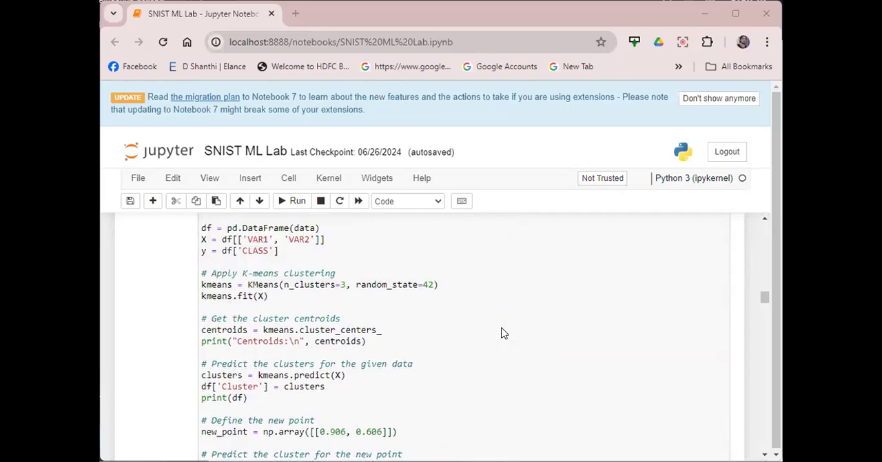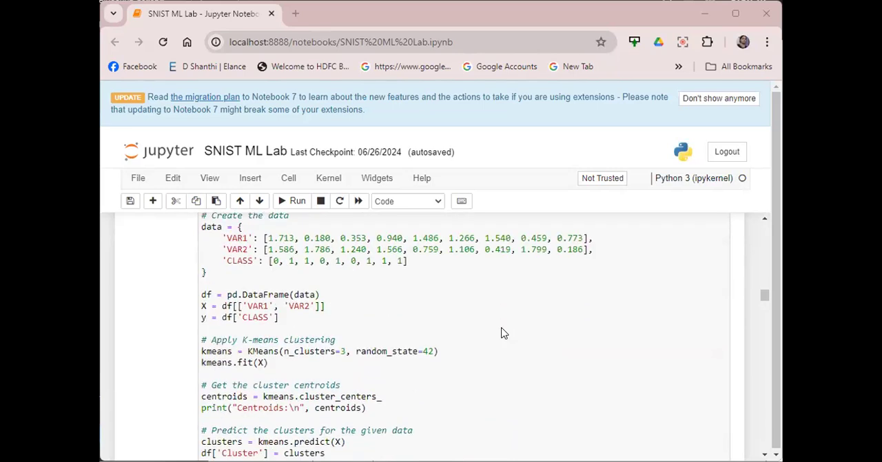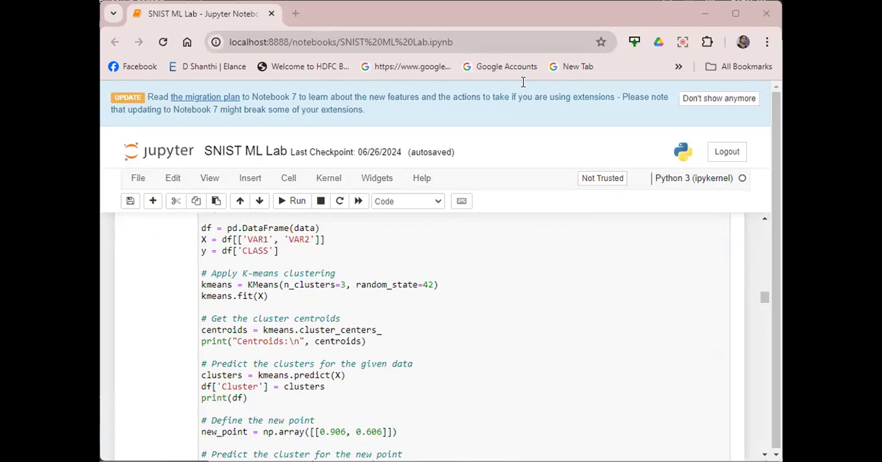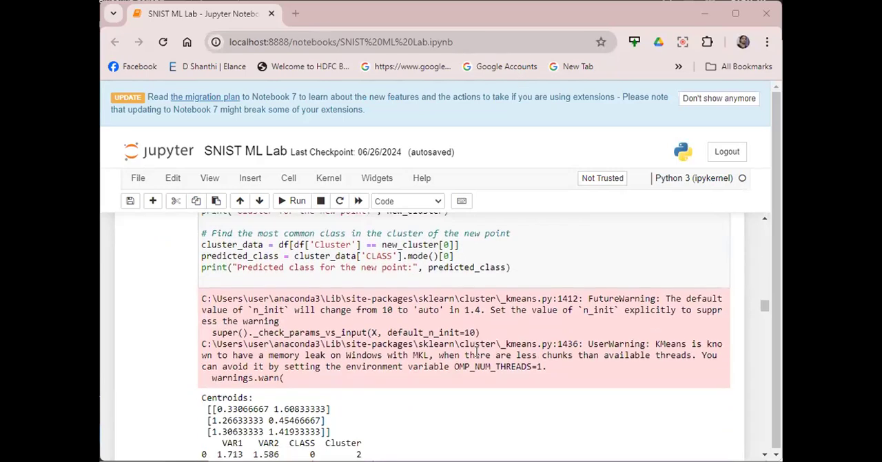So this is the fourth program. We pass variables which are already given in the database in your syllabus, in your curriculum. The same database we have created, and we have converted it to a data frame, and we applied the k-means concept here, and we have created clusters, and finally we predicted the class in which the new point or new values has to be